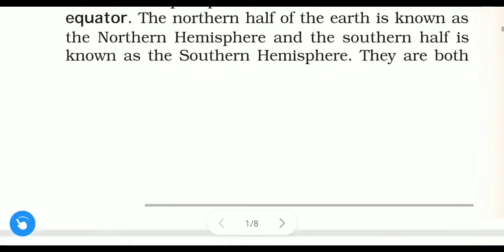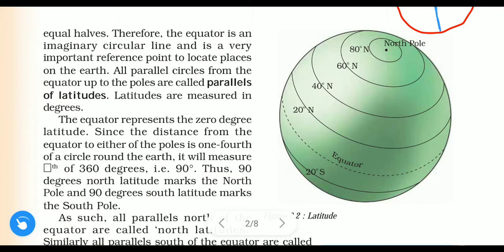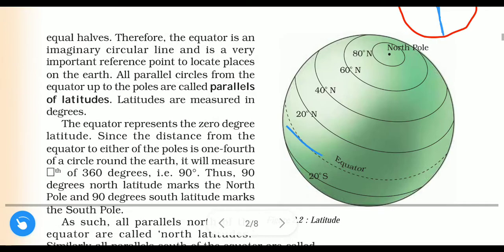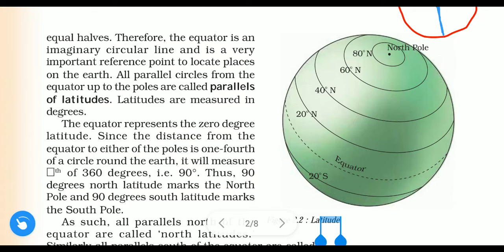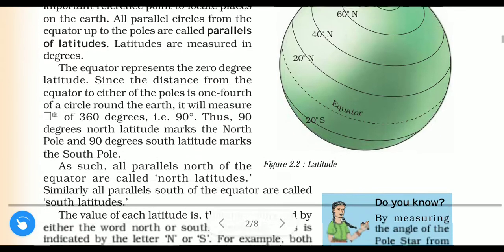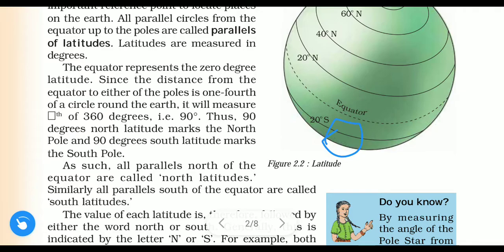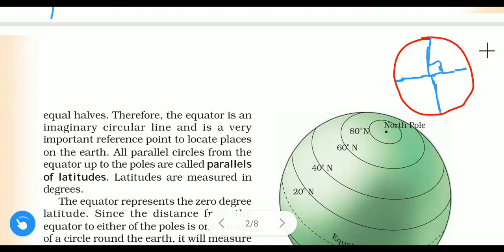So we will discuss here. See, this is the diagram. This is the sphere. A 3D diagram of the earth planet is shown. This dotted line is the equator, and it divides the earth. This is our north pole, and below is the south pole. So this equator divides the earth into two equal parts. From the equator to the north pole is the northern hemisphere, and from the equator to the south pole is the southern hemisphere. Here you can see this is your equator.